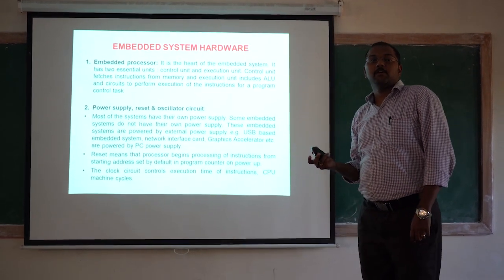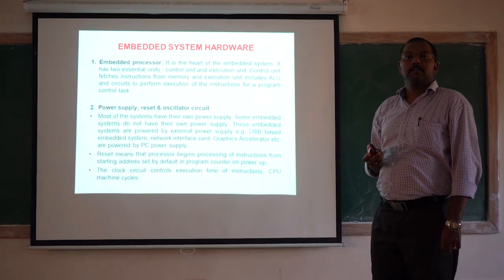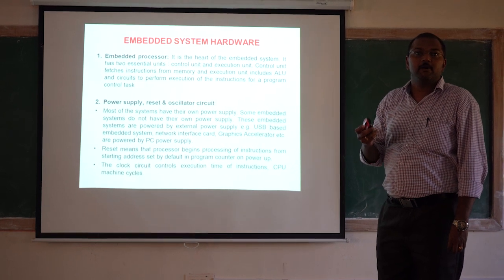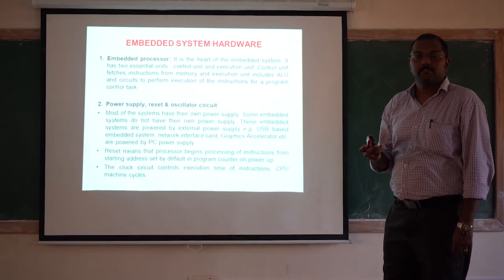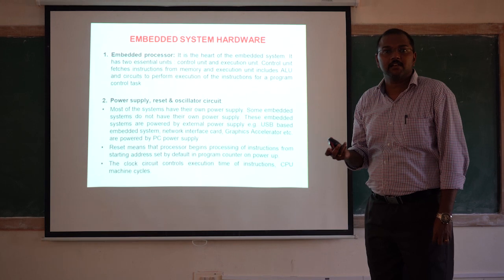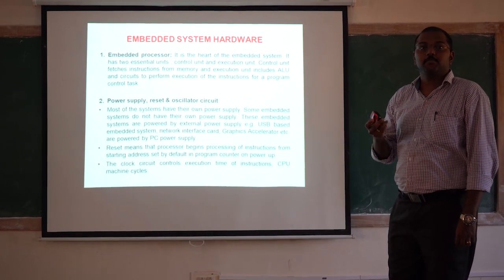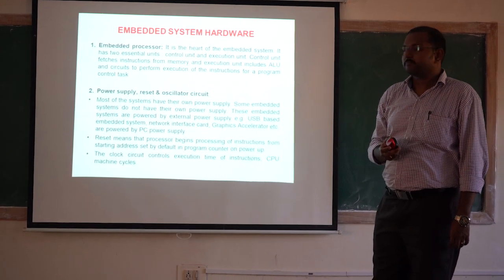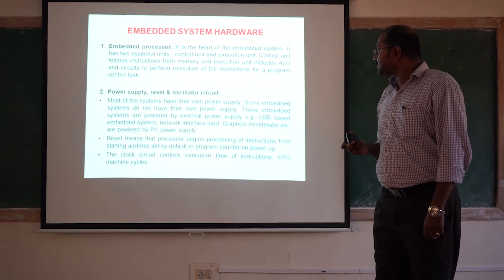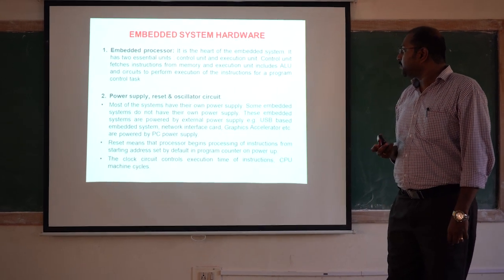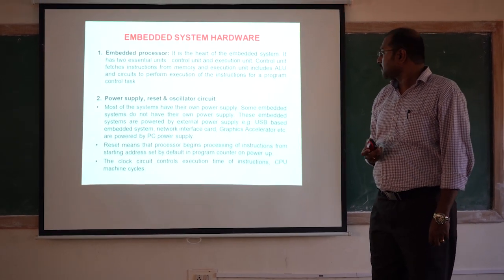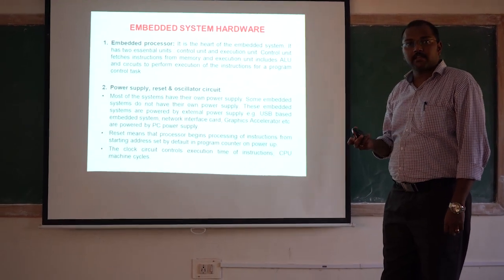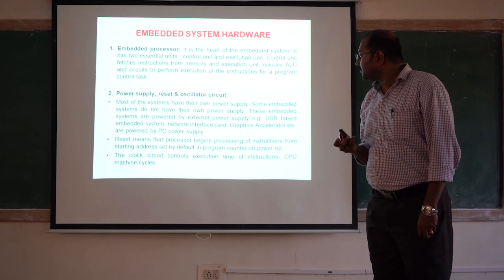Note that in all types of embedded systems, there is not a predefined type of power supply. In some embedded systems, external devices need to be powered to turn on the particular device. For example, USB based embedded systems, network interface cards, and graphic accelerators are powered by